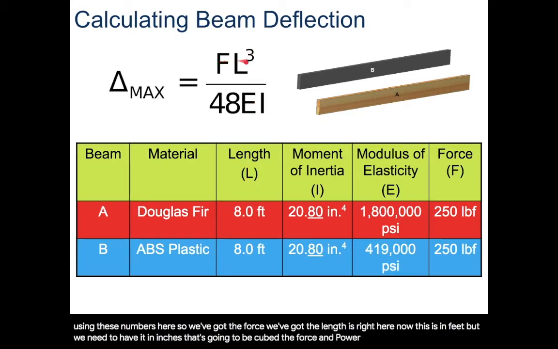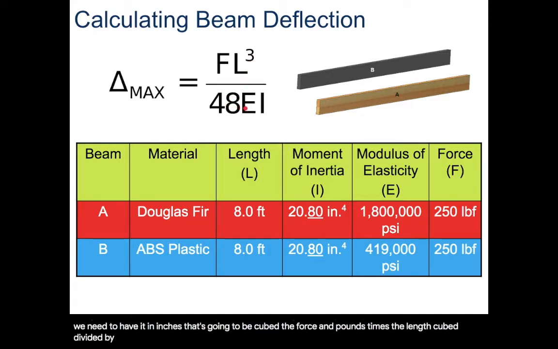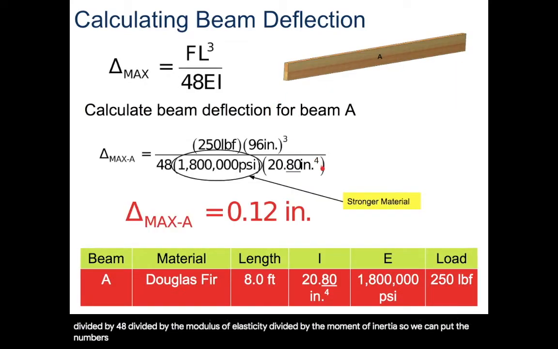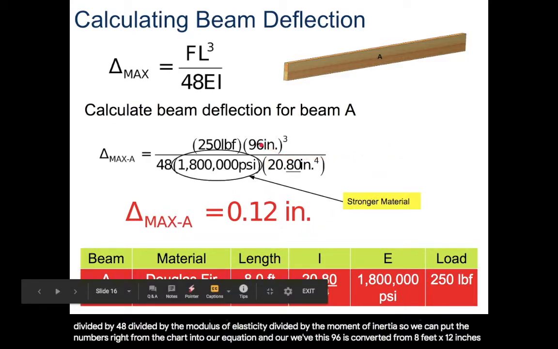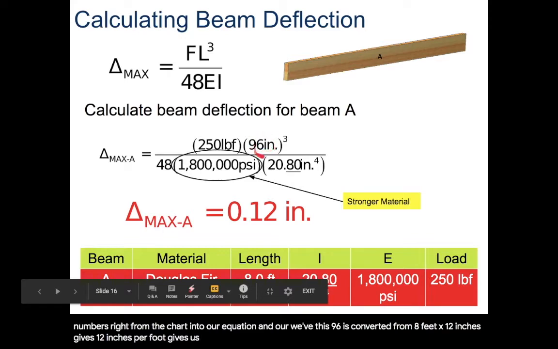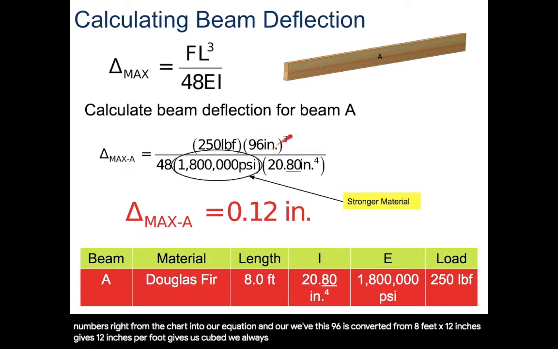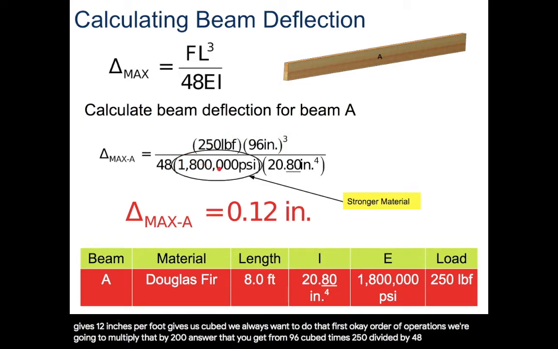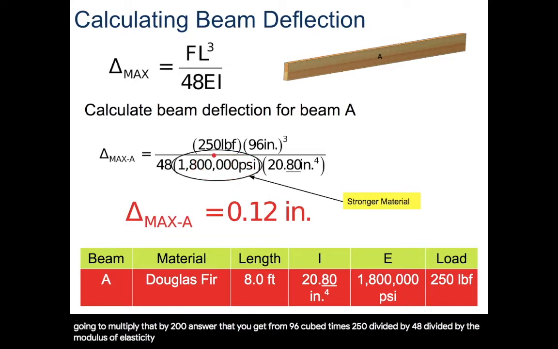The force in pounds times the length cubed, divided by 48, divided by the modulus of elasticity, divided by the moment of inertia. We can put the numbers right from the chart into our equation, and this 96 is converted from 8 feet times 12 inches per foot, gives us a total length of 96 inches, cubed. We always want to do that first. Order of operations. We're going to multiply that by 250. The answer that you get from 96 cubed times 250 divided by 48, divided by the modulus of elasticity for this material, which is